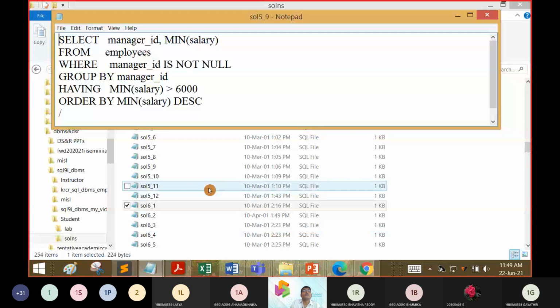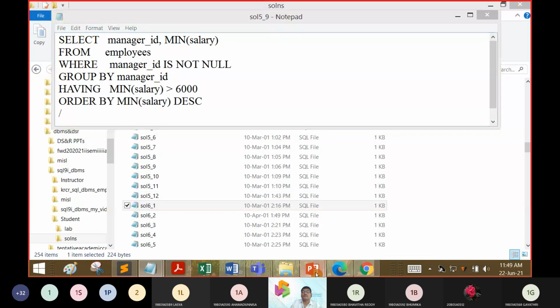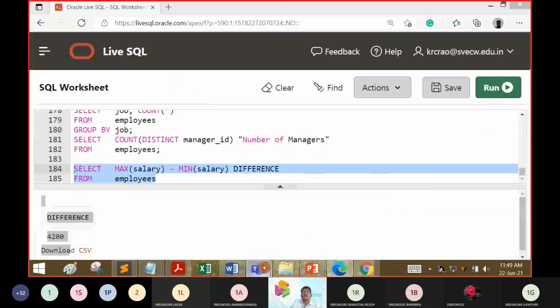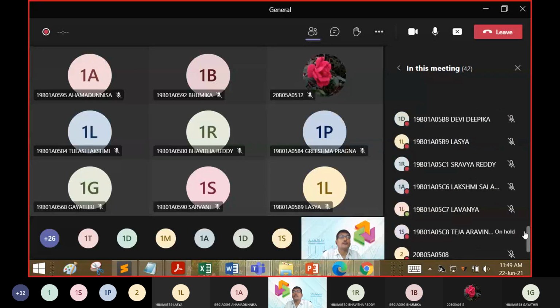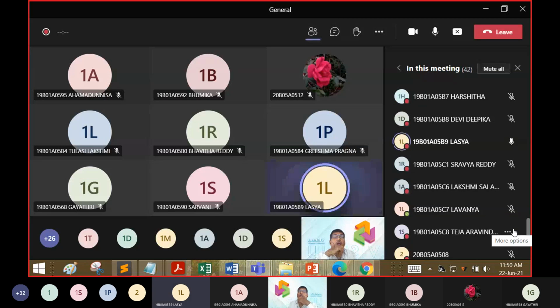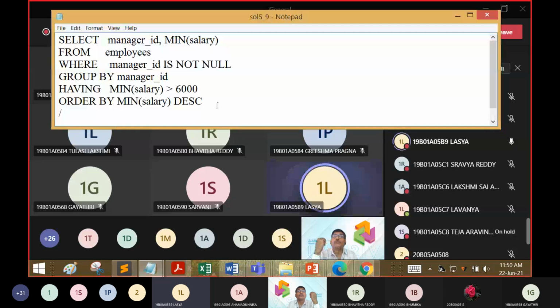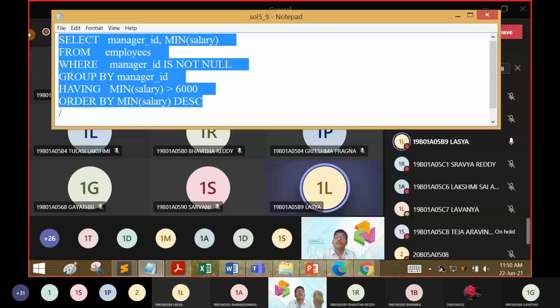Now, 5B9. Yes, sir. Are you able to see this query and will you attempt this?